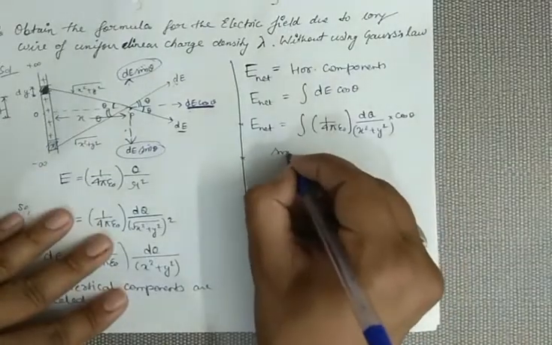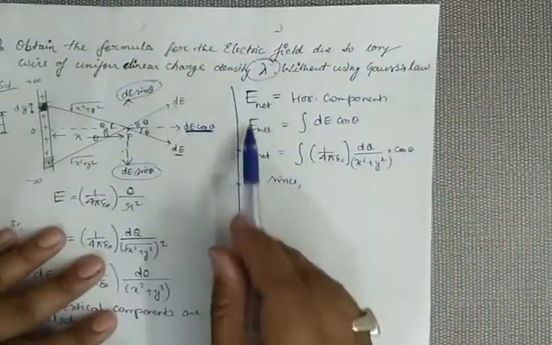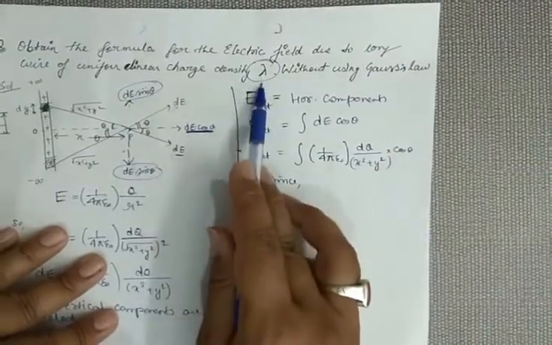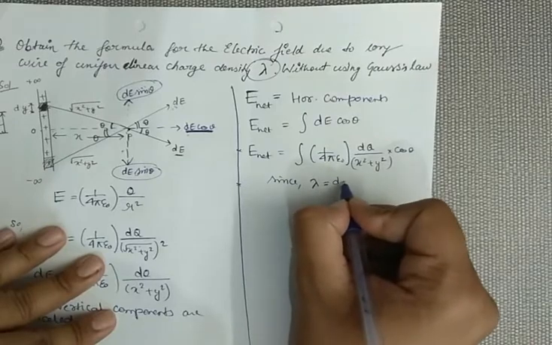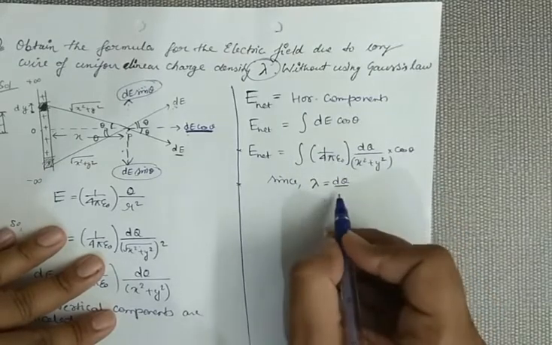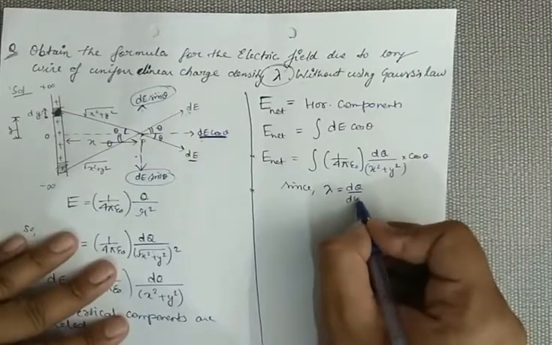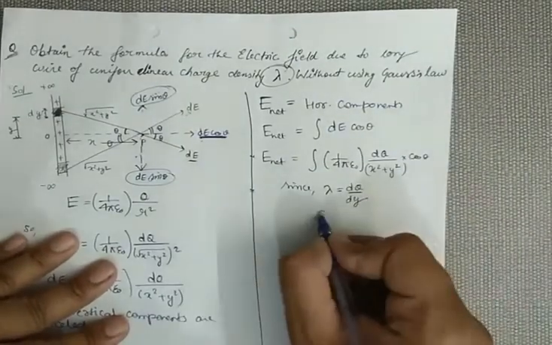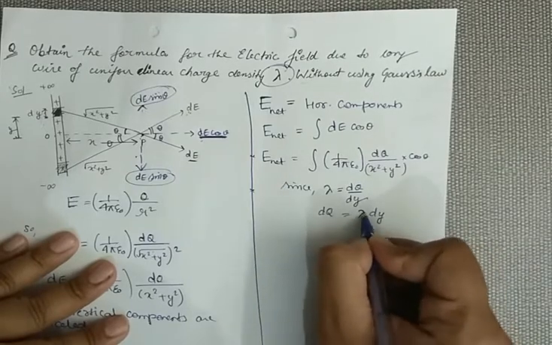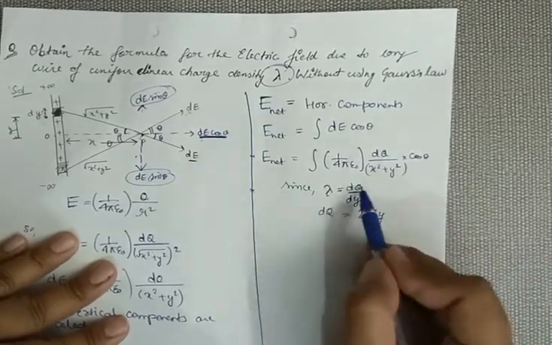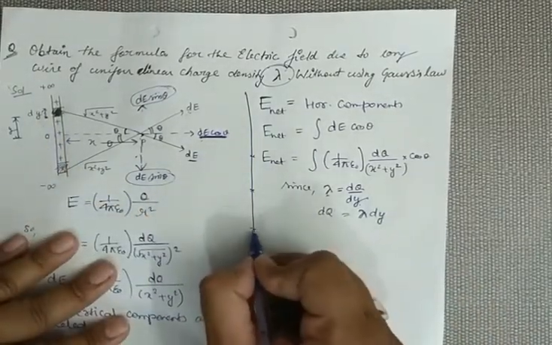Now one more important thing is given in the question, lambda. This wire has a linear charge density of lambda. If you remember, lambda is written as dq by length. Now the length of the segment is dy, so lambda is dq by dy. So we can replace dq with lambda times dy. Linear charge density is charge upon length, and here the length is dy. So on using this formula,